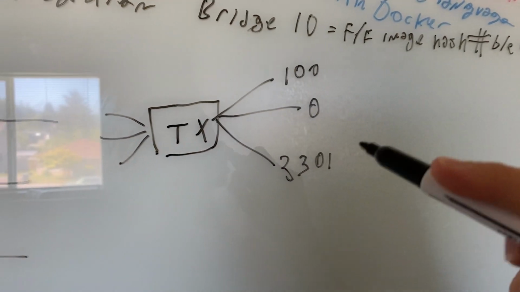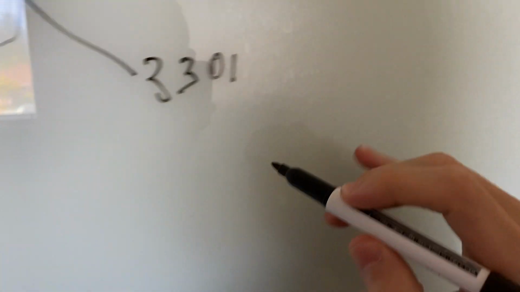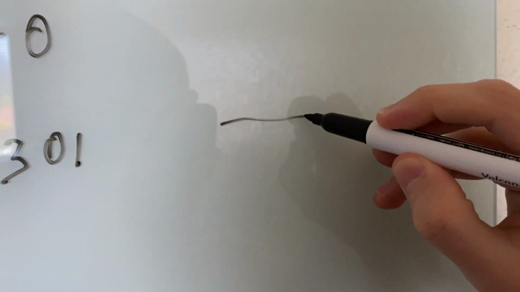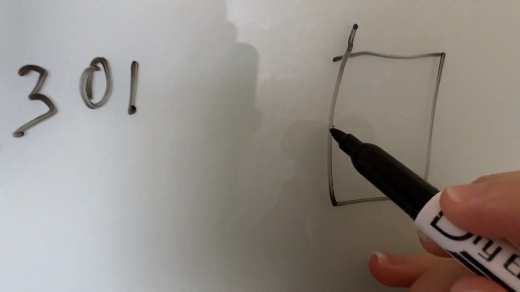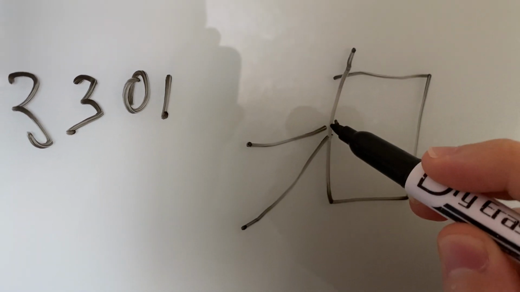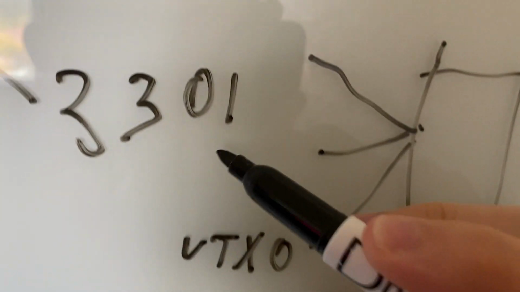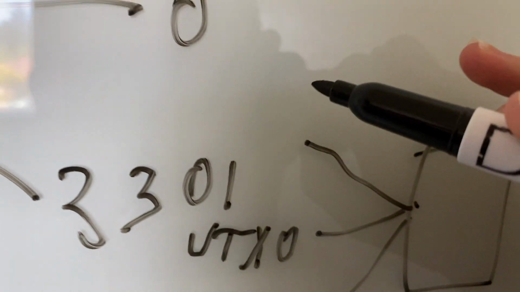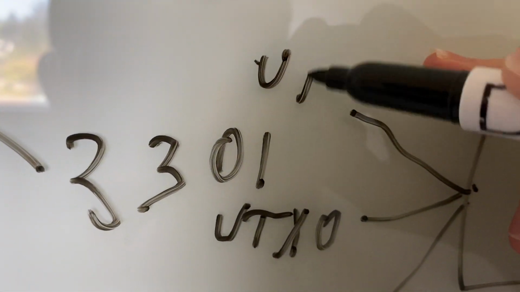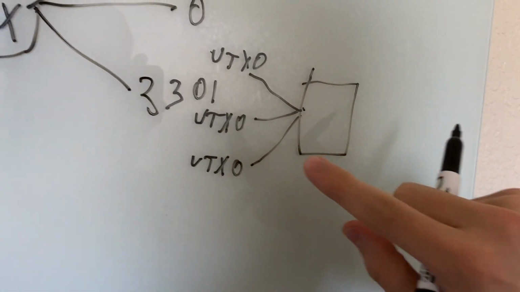Now, in order to create a new transaction, a new thing that spends money, each of the inputs to this transaction that we're creating, so inputs on the left here, must all be UTXOs. The Bitcoin protocol dictates that every input to a transaction must be a UTXO. It must be an unspent transaction output, every one of them. There's no having an input that is not a UTXO from the UTXO set.